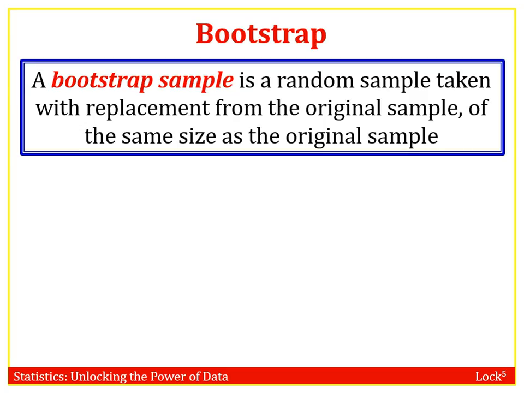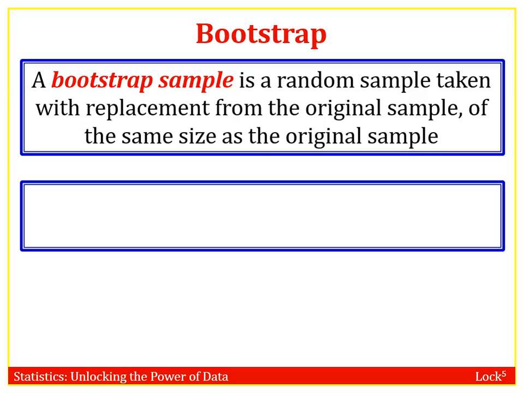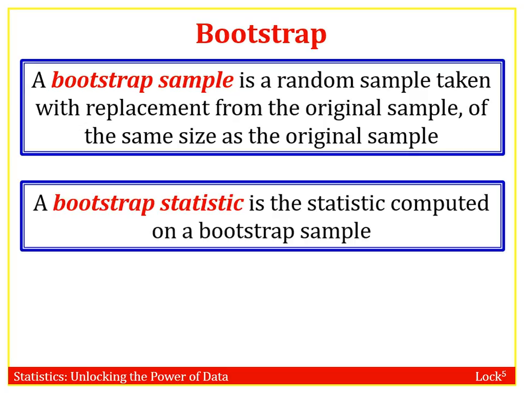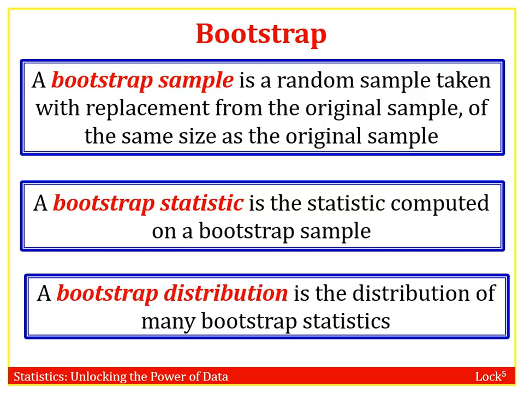So your bootstrap sample is a random sample taken with replacement of that original, and it's got to be the same size, which gives us then our bootstrap statistic. From doing that bootstrap sample, we figure out either our mean or proportion. And if we do that many, many times, figuring out many, many bootstrap samples, figuring out all those different bootstrap statistics, and then we plot all those, that gives us our bootstrap distribution,